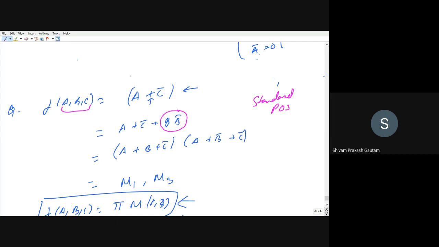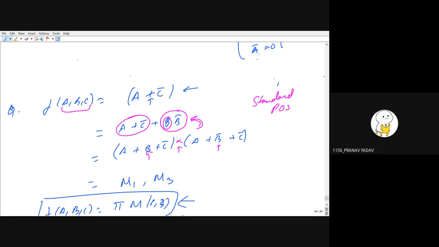So what we can do, we can take each term and we can add in this term, and we can take a product of both. If you open the bracket here, you will ultimately get this term. So for now, I'm telling you a trick. If you are having a multiplication term, you can add each term, that is B, you can see here, and B bar here, and you can take a product of it. If you open the bracket, you will reach this step. Is it okay?